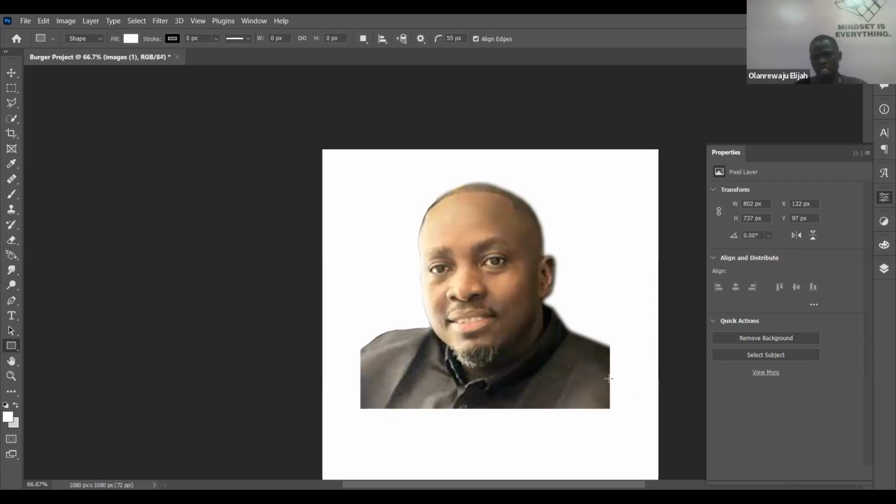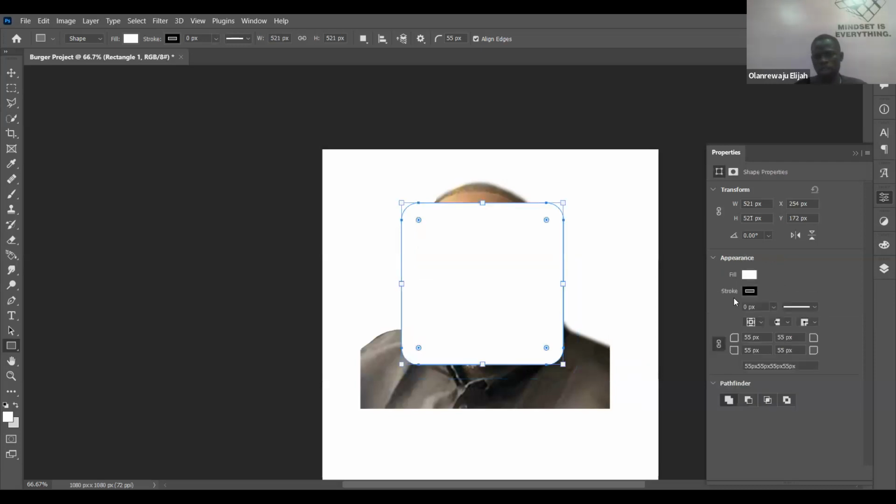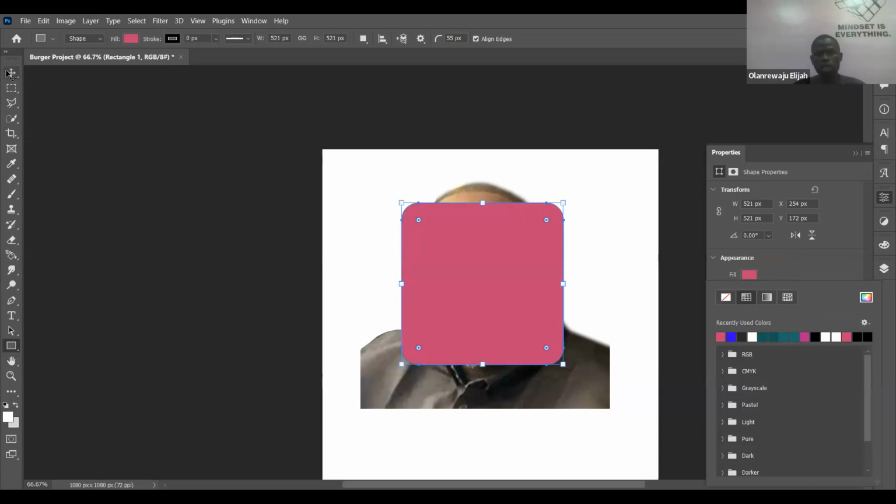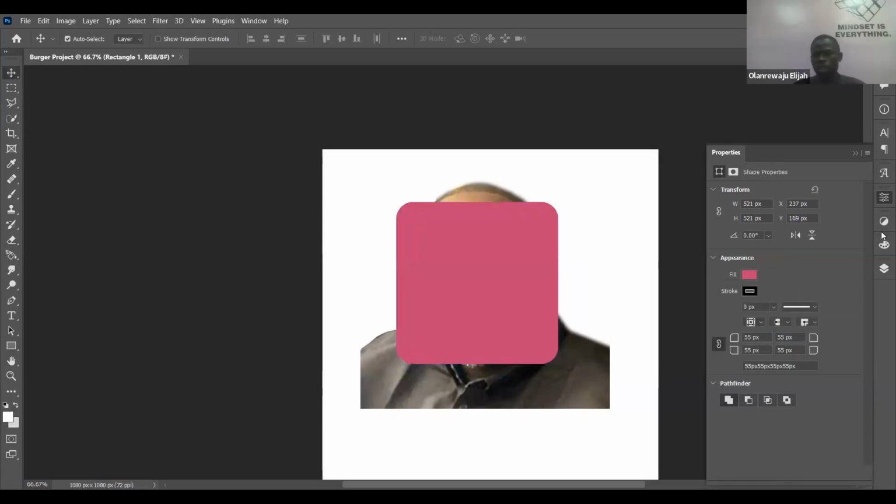Can you see now? It's increasing evenly. Do we get it now? So that is it. Then you click, and you can now give it any background that you want. Do we get it? So now I told you initially that